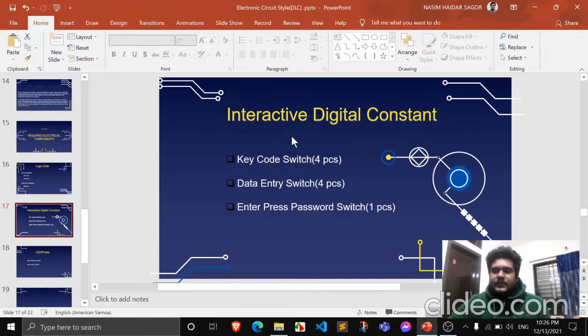This component is an interactive digital constant that produces a strong digital 1 or 0 state. Here we have used 9 pieces of interactive digital constant: key code switch 4 pieces, data entry switch 4 pieces, and enter password press switch 1 piece.